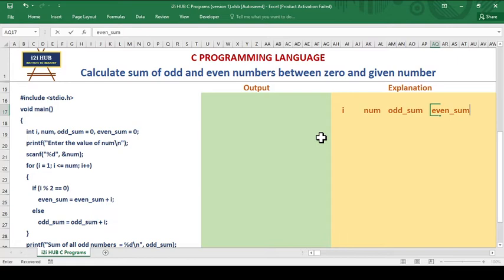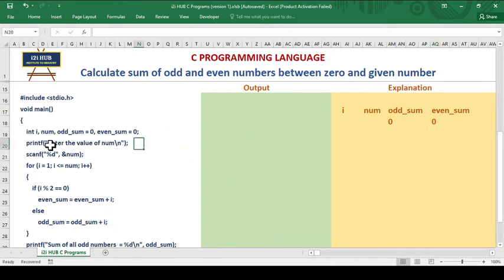These are all the four variables declared in this statement. We also have odd sum equal to 0 and even sum equal to 0. So I will write odd sum as 0 and even sum also as 0. We are done with this line.